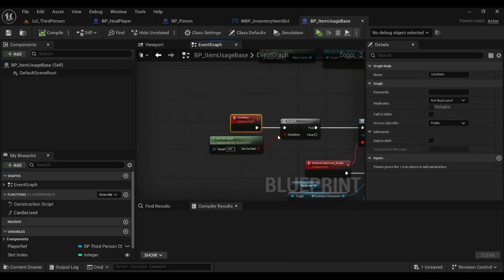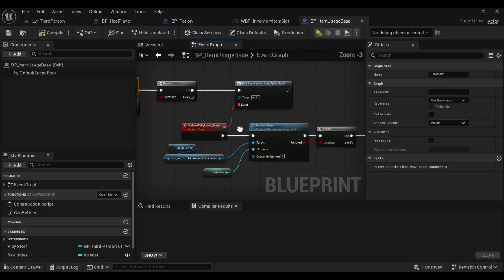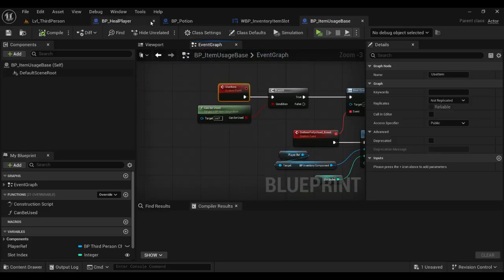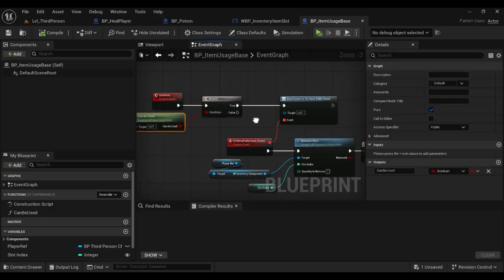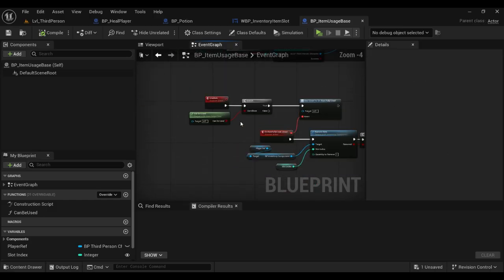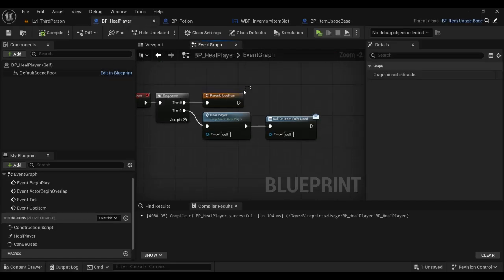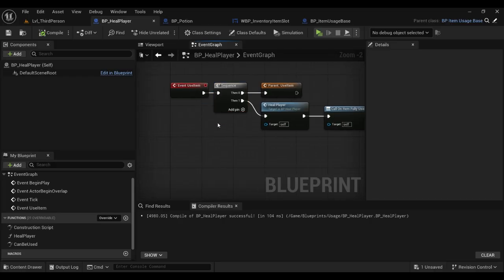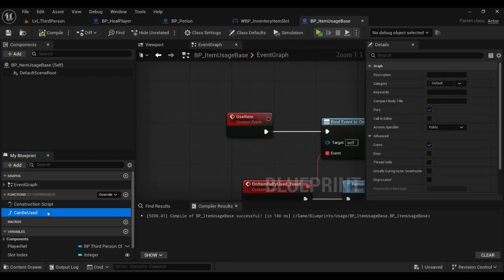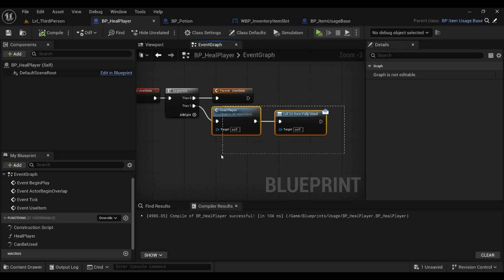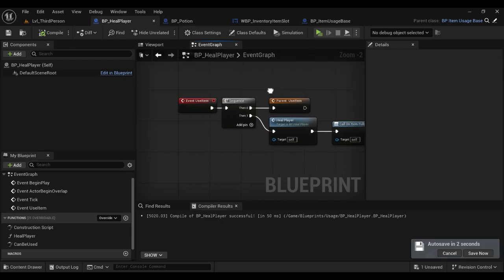For the parent here, when you are calling the parent, what happens here is we check if it's true, and we do this, right? However, we need to remove this, because right now in here, when you call the parent, we are doing a then sequence, and whatever the result of the can be used, whether true or false, this will be called anyway, because it's a sequence. So what we need to do is